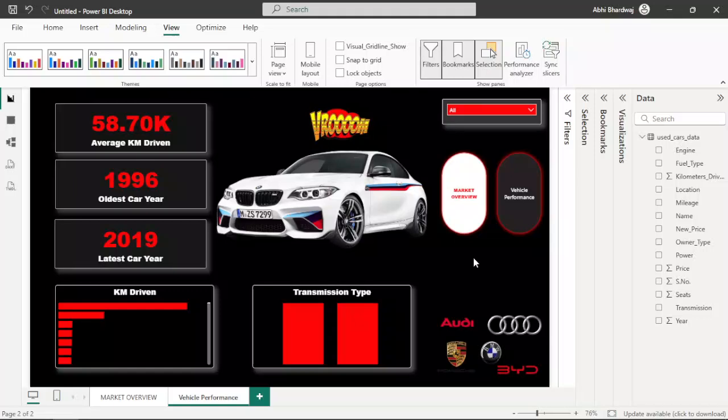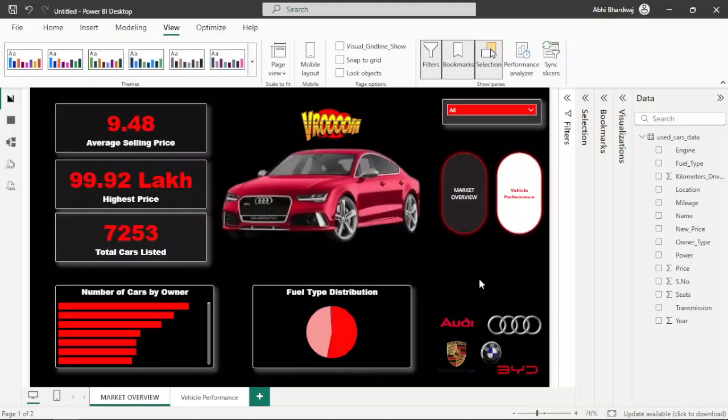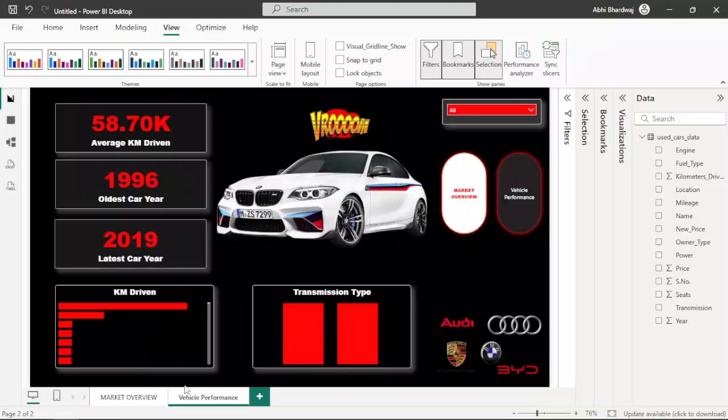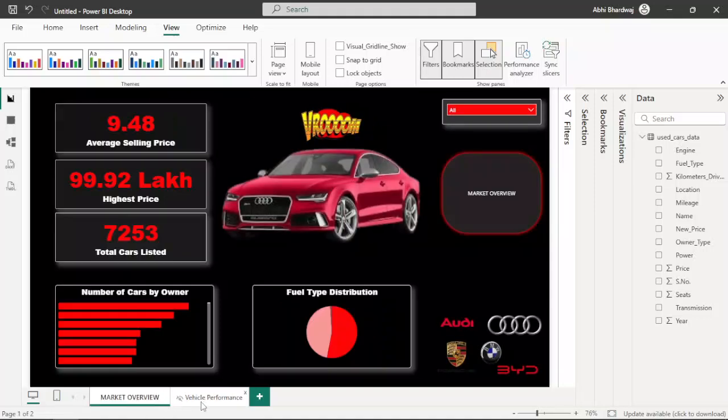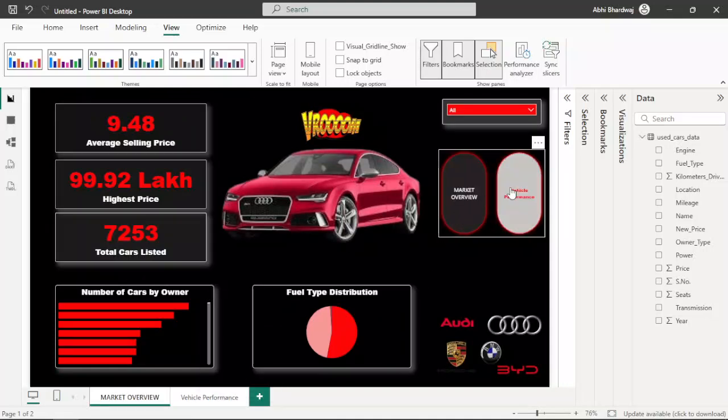When I'm going to click on control plus market overview, I'm going to go to the previous slide like this. And whenever I'm going to click on control plus vehicle performance, I'm going to go to the second slide like this. And I'm going to hide this one. Or we can unhide. See,